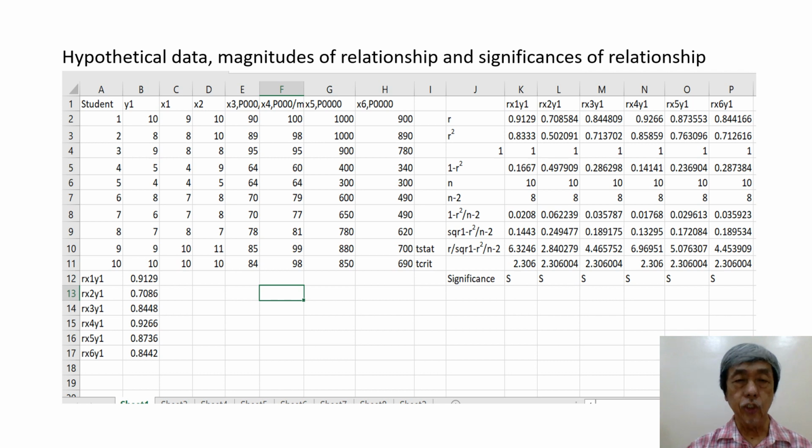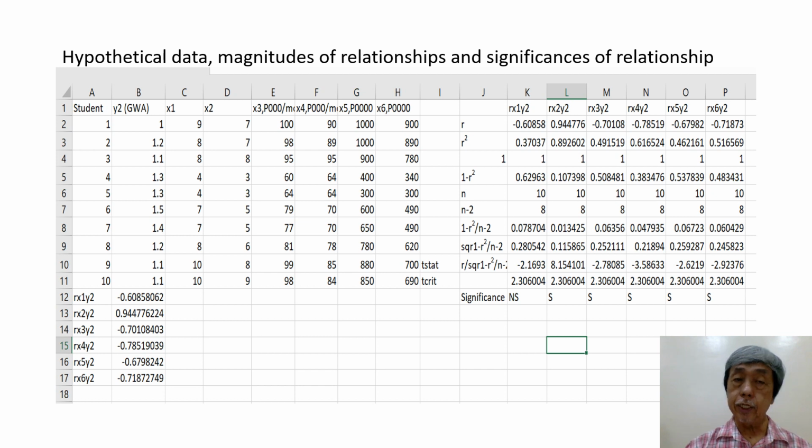This is now the Excel sheet showing the hypothetical data, magnitudes of relationship, and significances of relationship between the 6 independent variables and the first dependent variable. This is the Excel sheet showing the hypothetical data, magnitudes of relationship, and significance of relationship between the 6 independent variables and the second dependent variable.